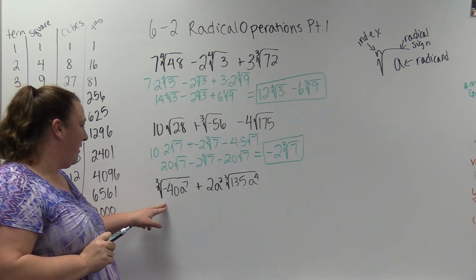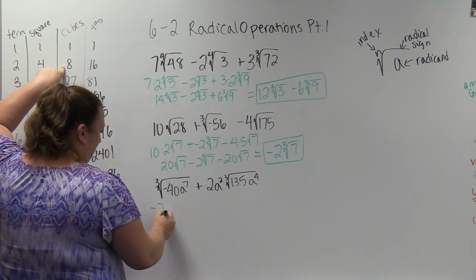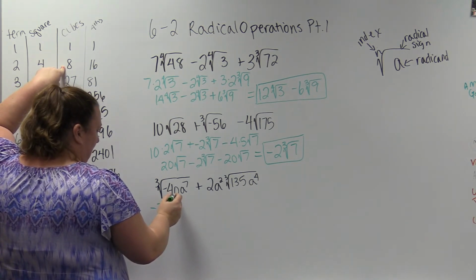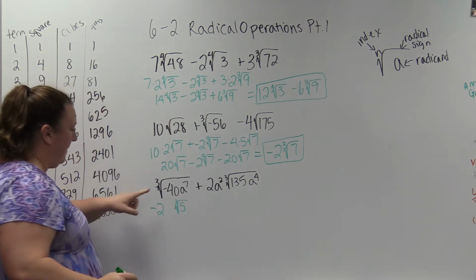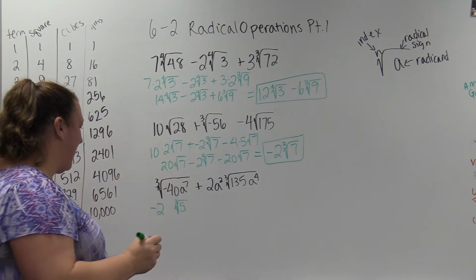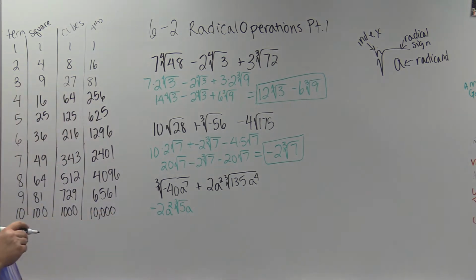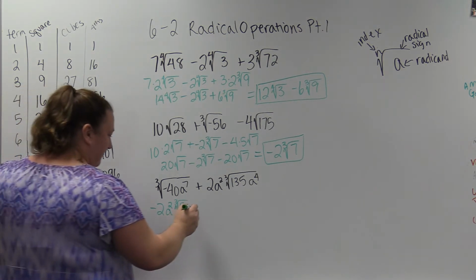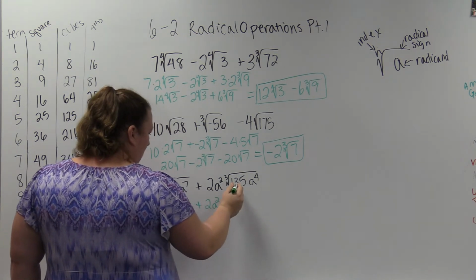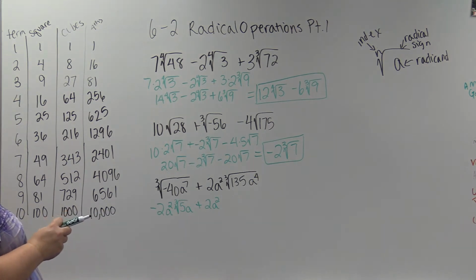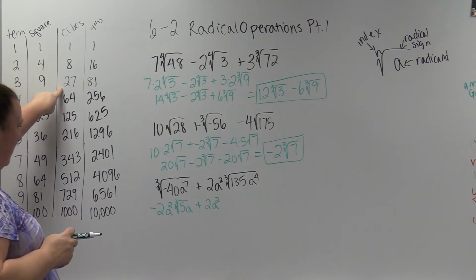Now, we're over here. Cube roots. Negative 8, so this is negative 2. This is 5 left inside. And 3 goes into 7 2 times, so a squared comes out with a remainder of 1. Plus 2a squared. 135 over here on my cubes is,